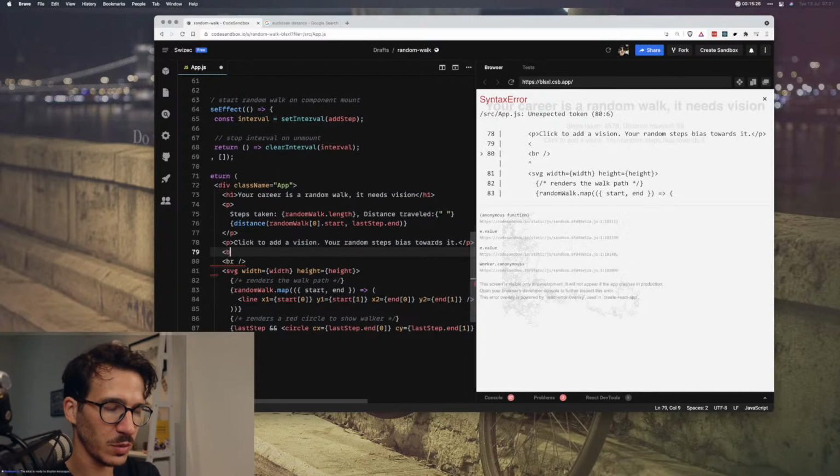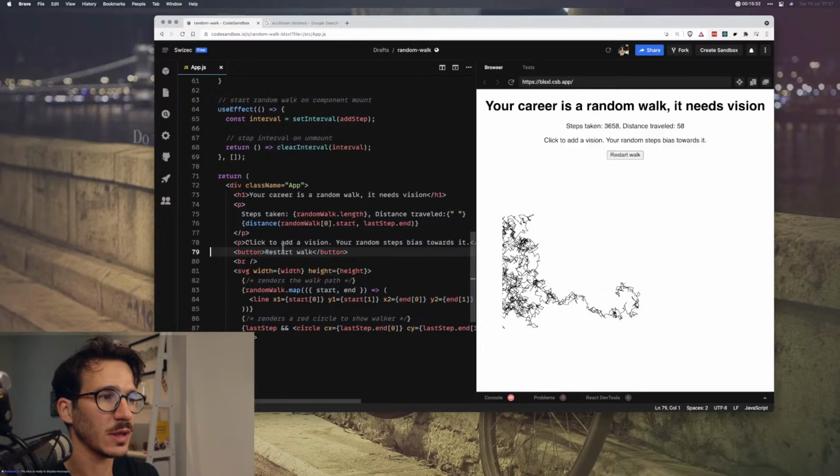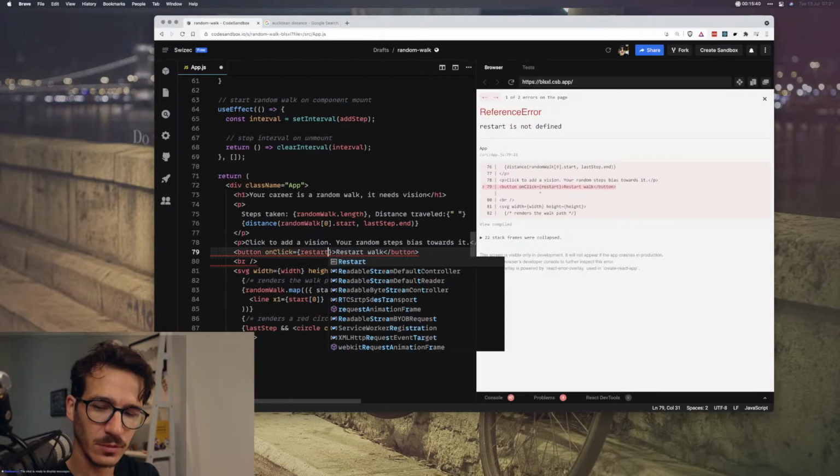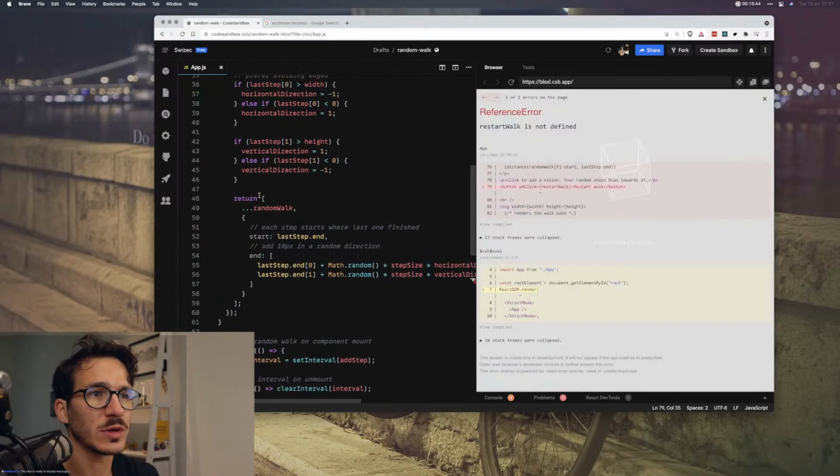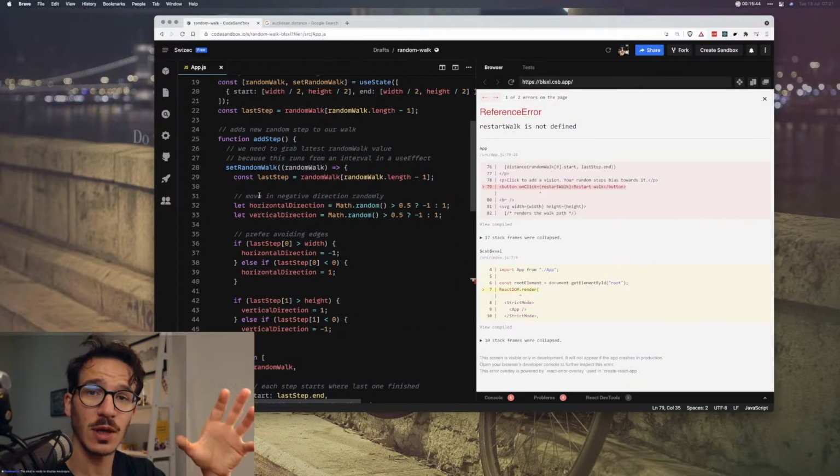So there's going to be a button, restart walk, because that's going to make it easier to deal with. On click equals restart walk.